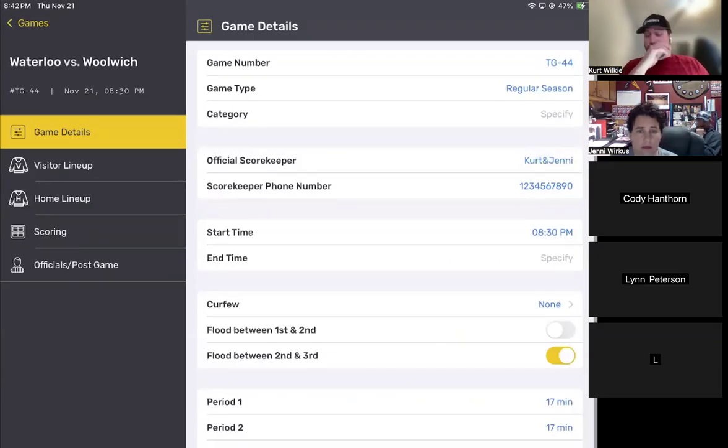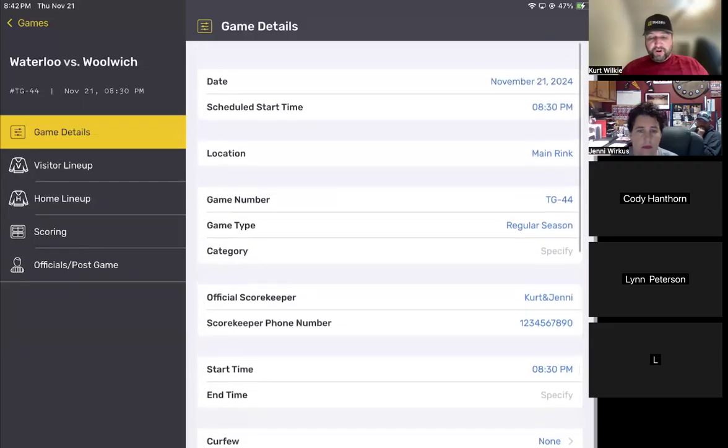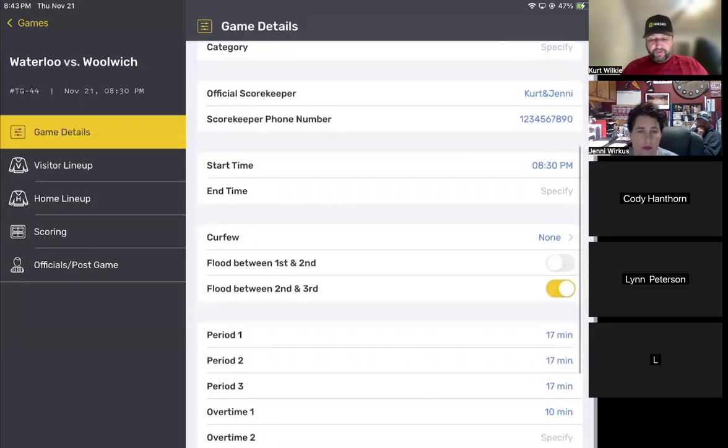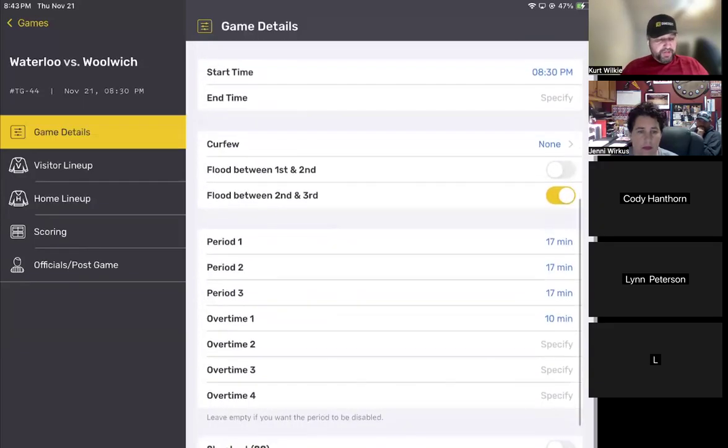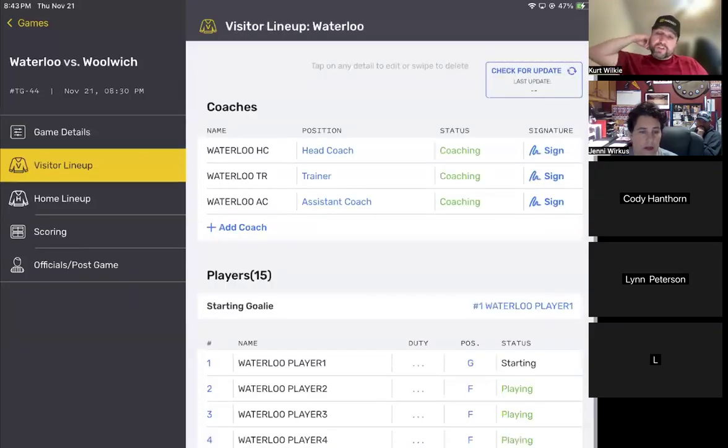Now the game details page has been set as far as what we need to get going, to be able to move on to the next stage of what needs to be done. This iPad does have to go, Jenny, are we giving this to the coaches before the game, or are we doing it while we're in the timekeeper's box out on the ice? We're doing it prior, before the game? Yeah, prior. Okay. So prior to the game,